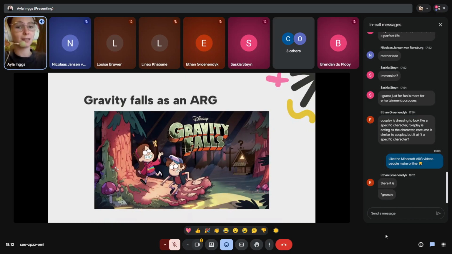So yes, Grunkle Stan, you are right. Who goes and spends the summer? They go spend the summer with him, and he runs a sort of, I would say, tourist trap souvenir shop. What he does is he comes up with these really interesting, unique, very fake stories about Gravity Falls. He makes paraphernalia or souvenirs for people to buy, but really horrible quality and stuff like that.